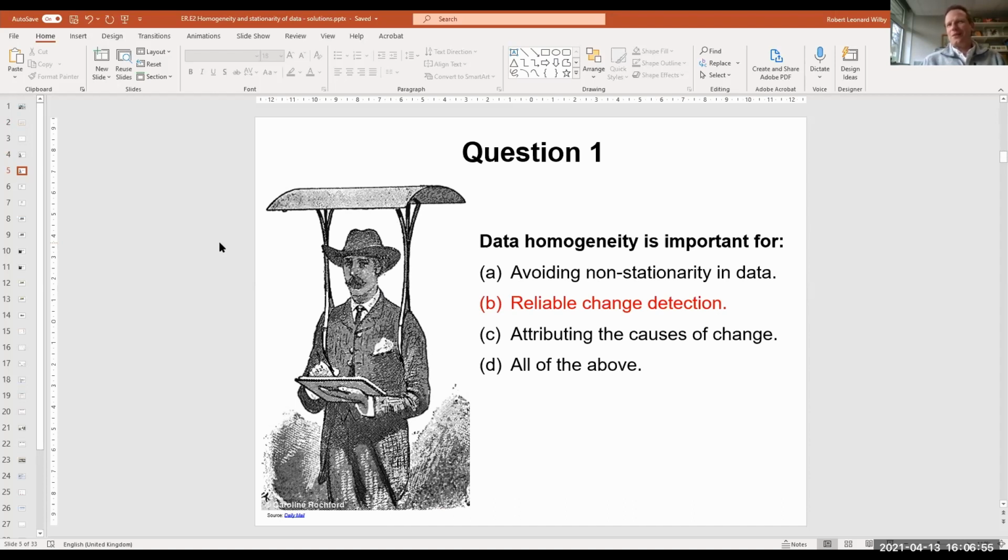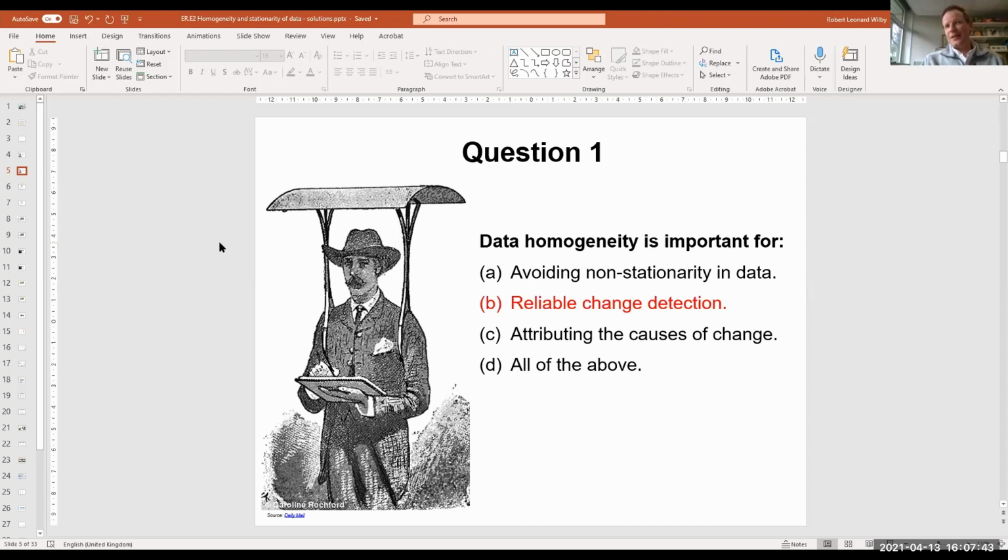We don't necessarily want a homogeneous data set to avoid non-stationarity, because there may be a truly non-stationary signal within your homogeneous data set. We could have the same instrument, the same observer, the same site recording temperature over 200 years, and it would be non-stationary because of rising air temperatures. But we do want a homogeneous record so that we can say that if there is a change, whether it's a step, a change in the mean, a change in the variance, that is a true change, not an artifact